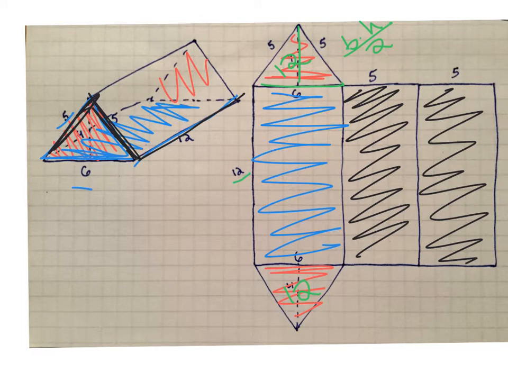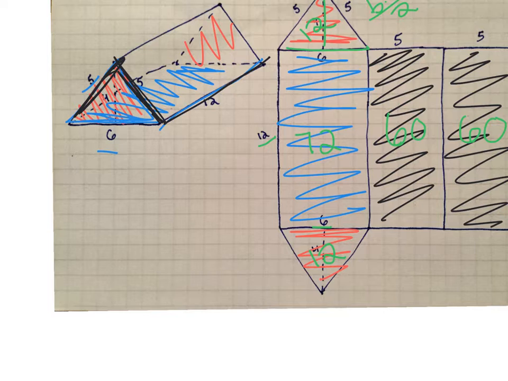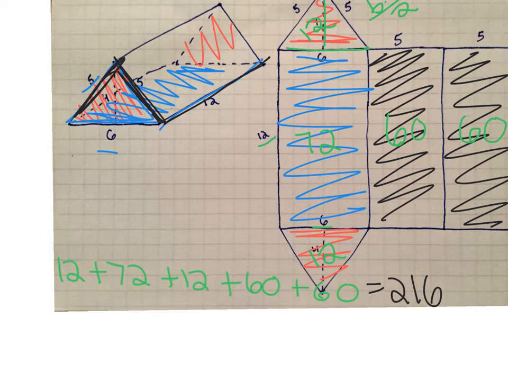Let's see, this rectangle is 12 times 6, which is 72, 12 times 5, which is 60, 12 times 5 again, which is 60. So I have 12 plus 72 plus 12 plus 60 plus another 60. And if you add all of those up, you should get 216